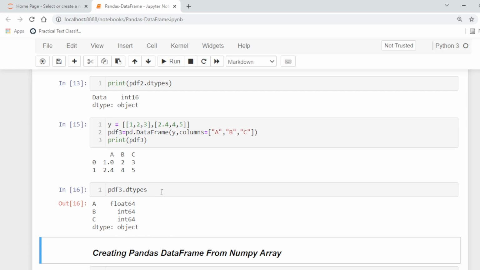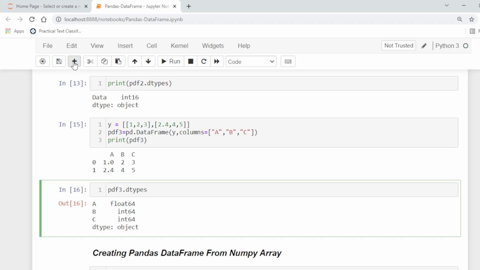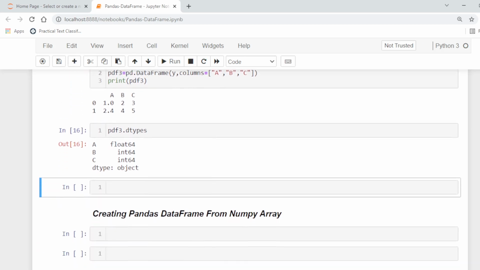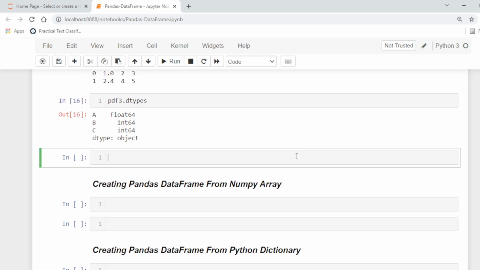So if we want to specify, for example, different data types for different columns, we can specify the data types in a Python dictionary, and then we can apply that on the data frame.